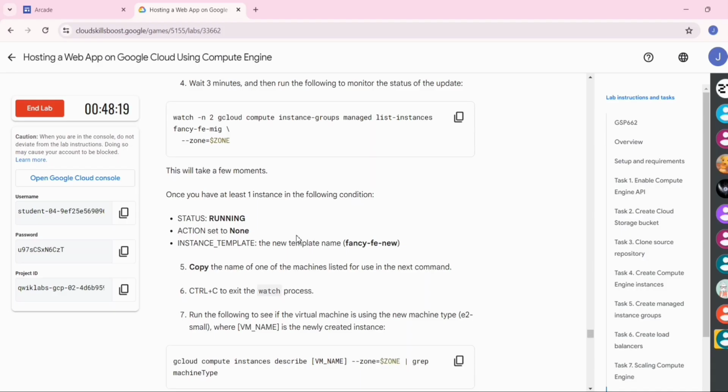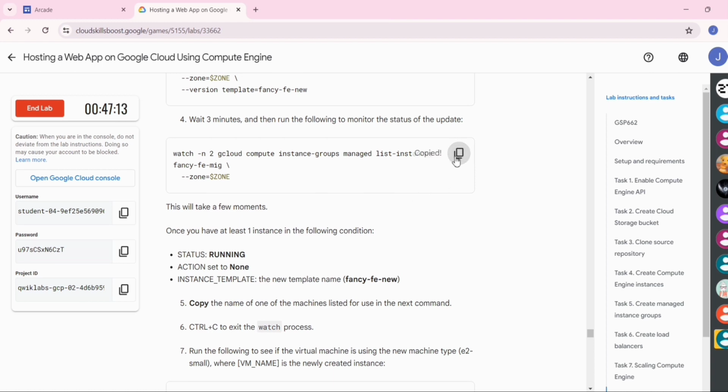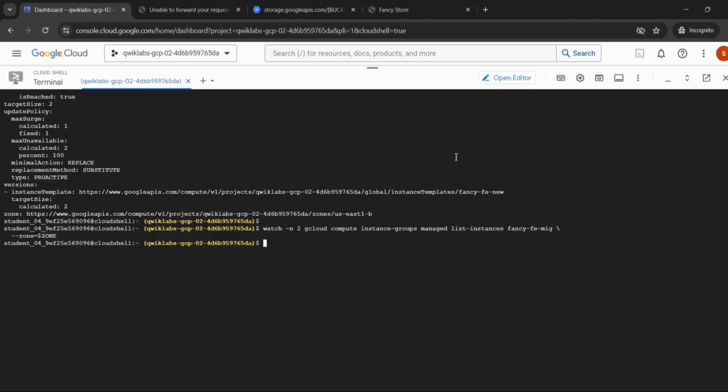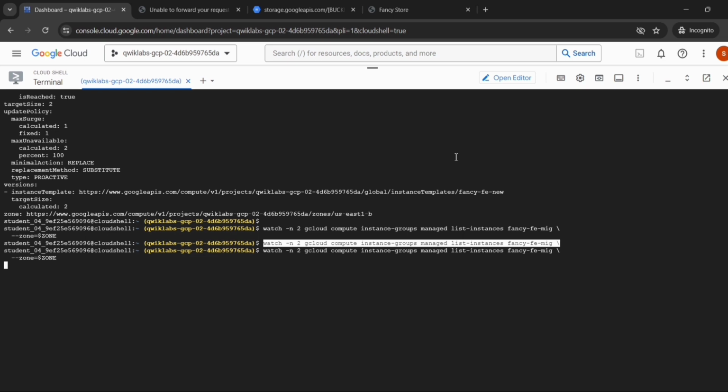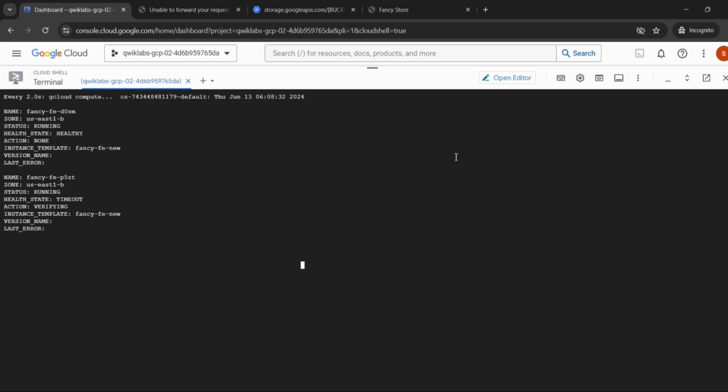Now go back to the lab instruction, copy this command, go to the Cloud Shell, paste it, then press enter. Now here for the first you get the none status.